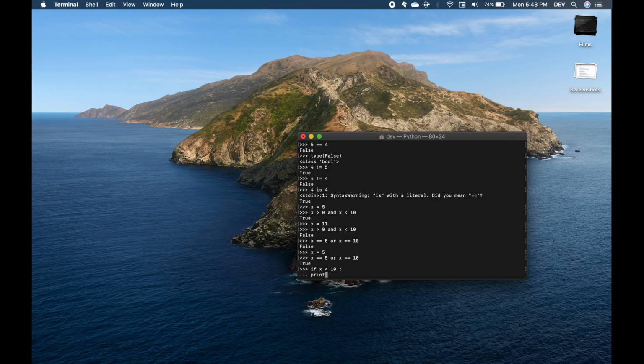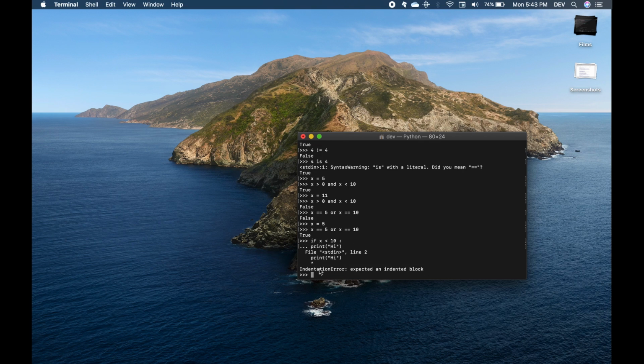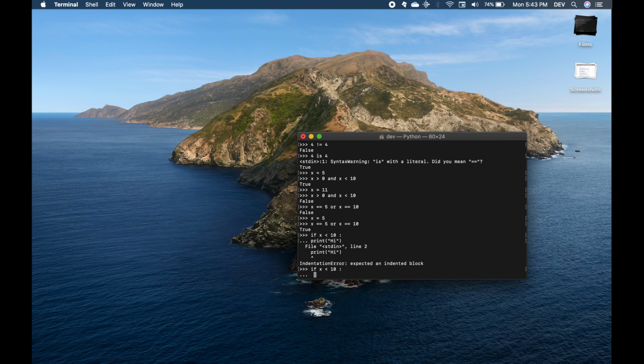suppose print hi. Oh, I was making some error. Strings, they don't stand without the quotes. So I'll just put down, oh well, see, what did I do? An indented block was expected. Alright, so I'll just try it again, but I'll not type in the whole thing like this. I'll copy this, I'll paste it here, type in print